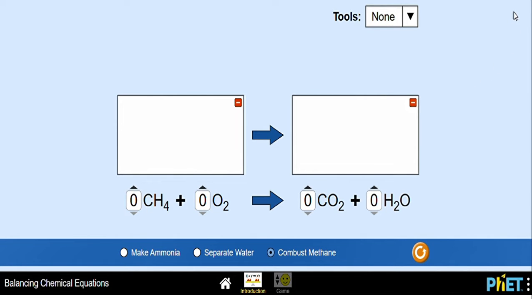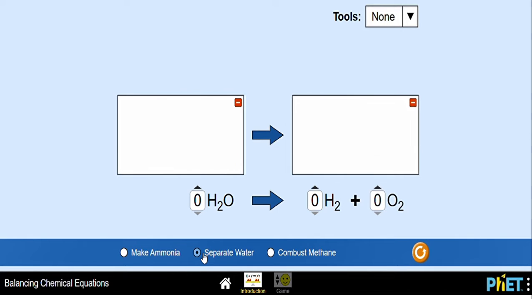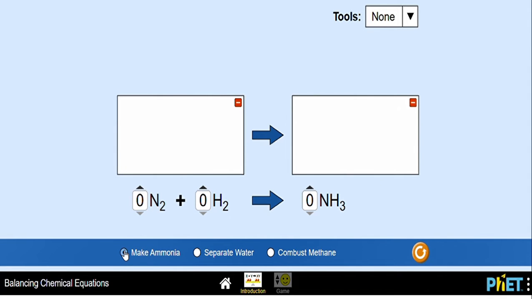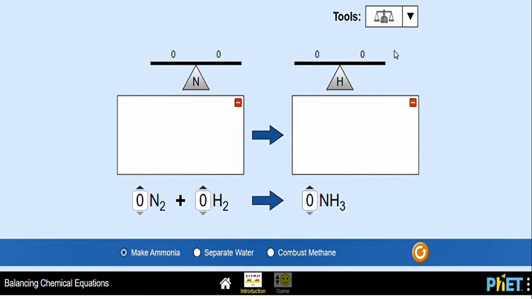So you can see the interface. When we click on Introduction, at the bottom you can see three equations along with the reactions. First, you can see the combust methane reaction is there. If we click on separate water, you can see the equation related to water, along with the ammonia reaction in front of you. And you just click on this tool button, you can see here balancing tools